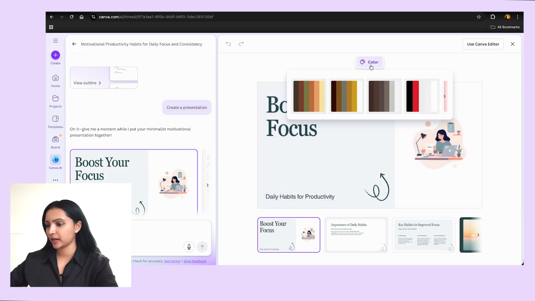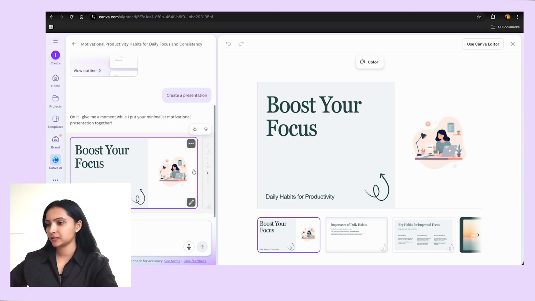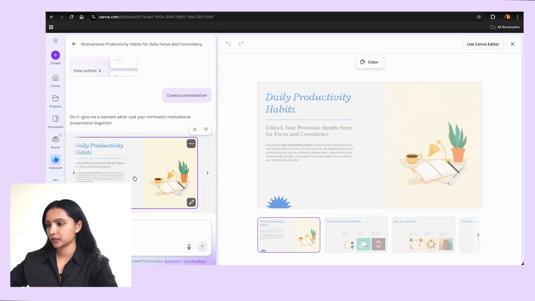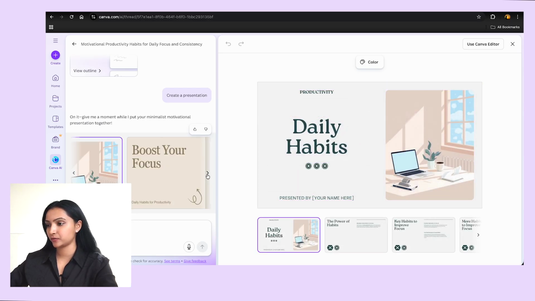They have created them in a more playful way. These are more playful style slides. This is pretty good. I would say they are not that bad. I really like this one. I really like the second one, by the way. The illustrations are really good in this one, right?